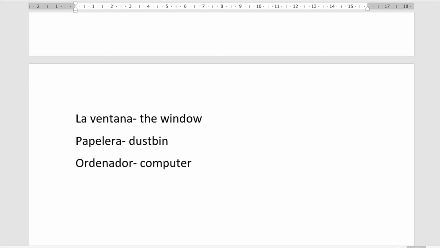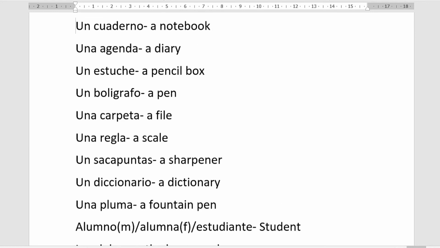Computer is ordenador. Now, a thing that I would like to mention over here, see, every word is either masculine, feminine, singular or plural. Like sharpener is always taken up in the plural form. So we need to know, it is very important in fact to know which word is masculine, which is feminine. At times our basic rule of ending with A is feminine and ending with O is masculine word, that works, but not always. So we need to memorize it very nicely, which is a masculine word, which is a feminine, and if there are some exceptions to it, and also